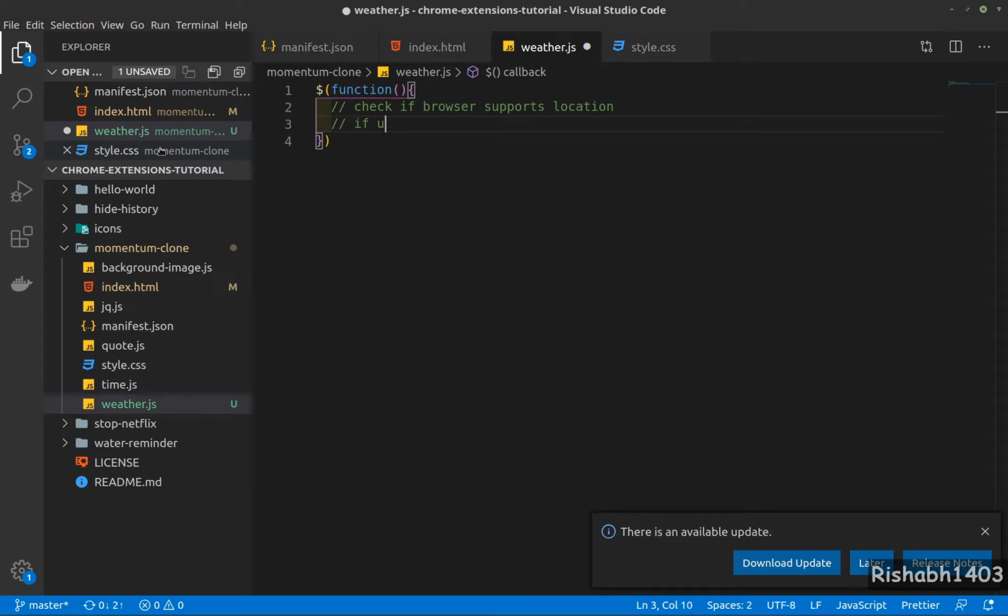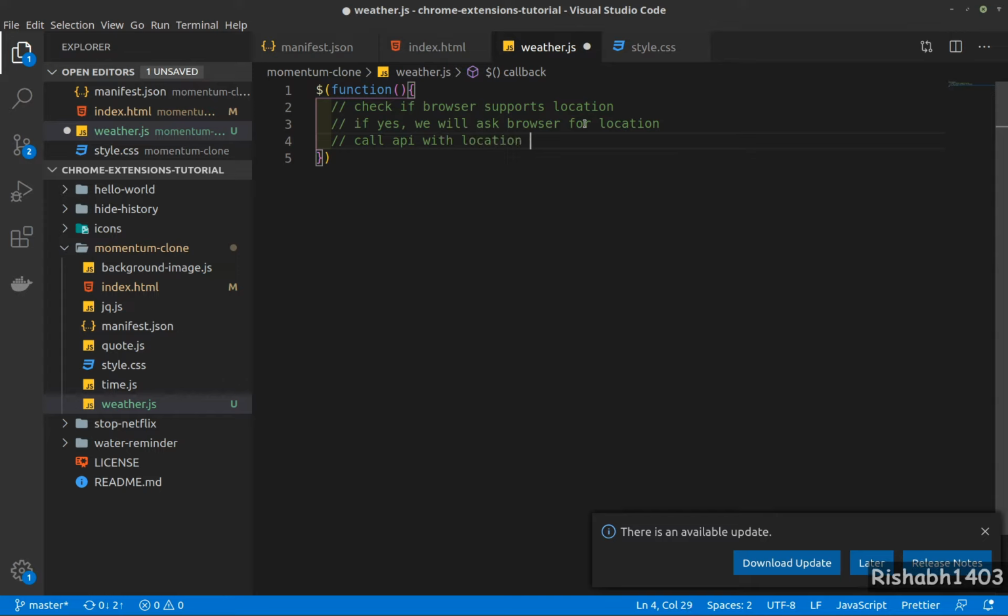If yes, we will ask browser for location. Once we are done with this, we'll call API with location details and get the weather.